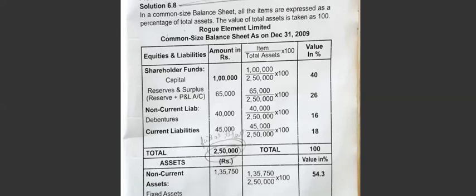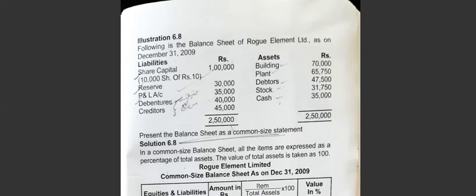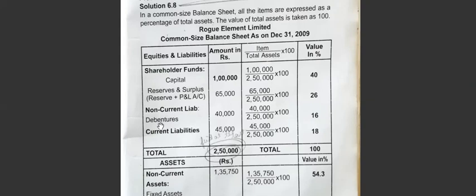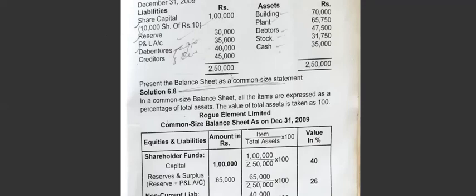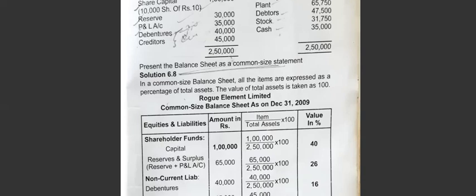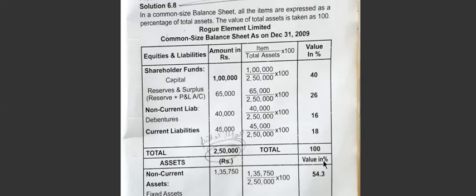Next you will write all the non-current liability. Under non-current liabilities you will have loans, debentures, term loans. All the loans and debentures will be considered as non-current liability. Here you have only debentures, so 40,000 you will write here. After that 40,000 divided by total liability. Total liability or total assets, it is one and the same, divided by 2,50,000 into 100, you will get 16%. Next, current liability. If there are many items you can total them. Here you have only one item, 45,000, you write 45,000, and 45,000 divided by 2,50,000 into 100.